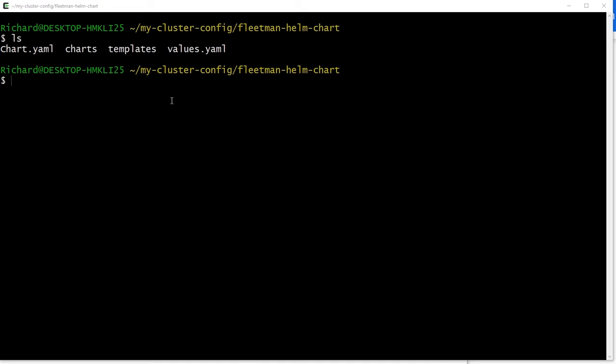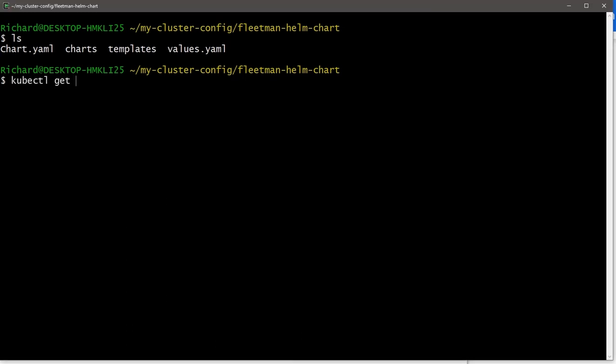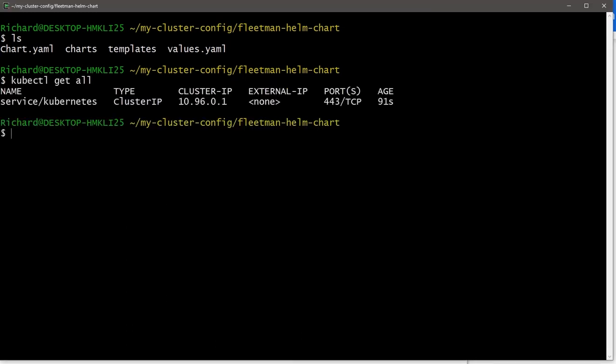Now, if you were to try to install a Helm chart on top of objects that already exist in your cluster, Helm will say, look, sorry, I wasn't responsible for installing those previous objects, so I'm not going to overwrite them. So if you're following along and you've still got those previous objects, either delete your Minikube or just manually delete everything so that if you do a kubectl get all, you're just seeing the Kubernetes service and nothing else. So what we can do now then is finally do a Helm install of this particular chart.